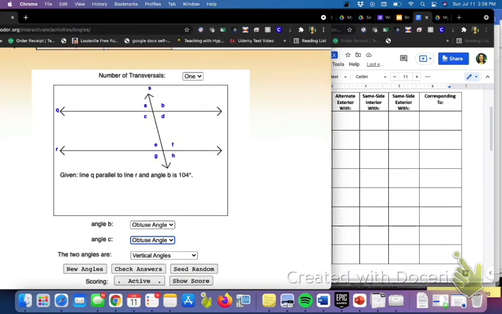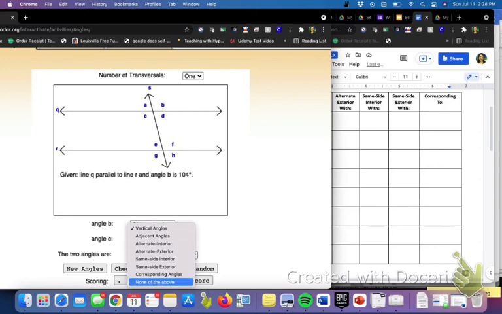Now we need to take just an educated guess about what the relationship is between angle B and angle C. And if I click on the drop-down menu here, you're going to see these are all the possible choices that we have for the relationship that those two angles have. And it's helpful to use your background knowledge to determine exactly which word might represent